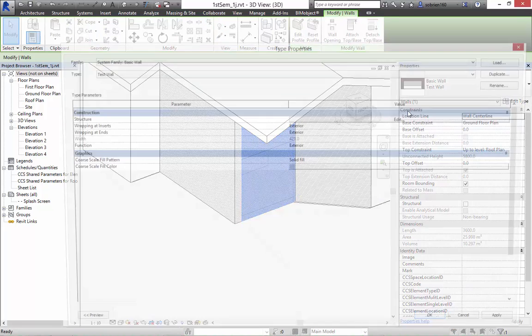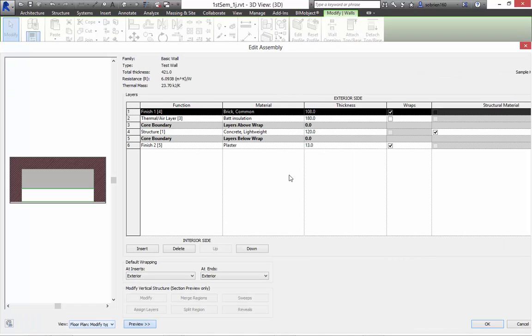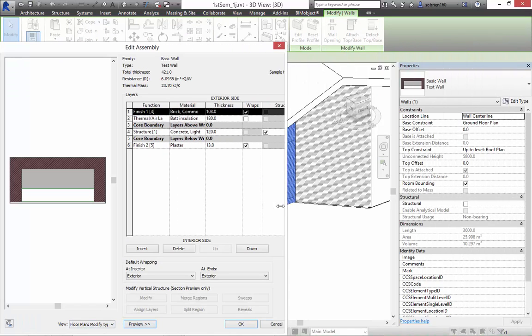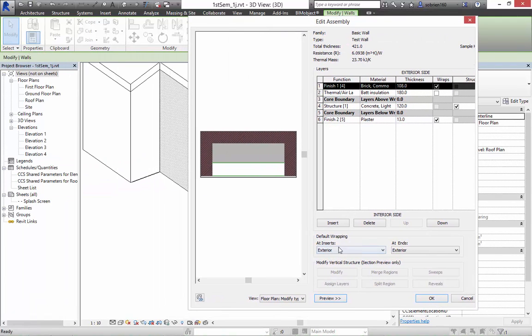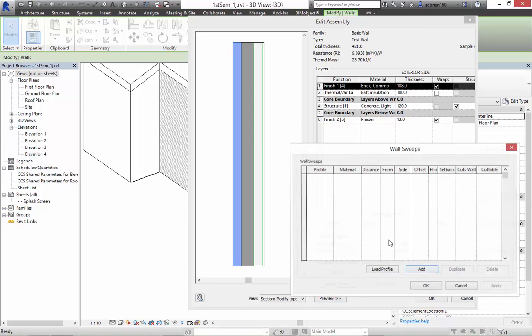Anyway, if I edit this wall, edit the structure, and press preview down the bottom here, we can see a preview of the wall. I'm going to change that preview to a section preview, so we can see the length of it. What I was trying to do last week was add a sweep, a sweep being a projection out of the wall. This is if you want to very simply add some modeling to the wall. So if I press sweep here, just to give you an idea,